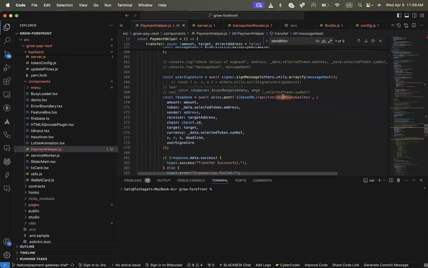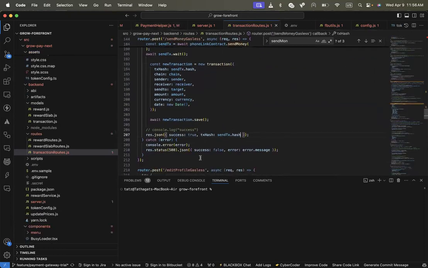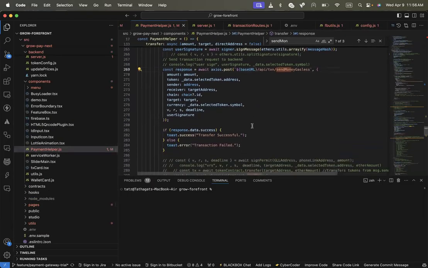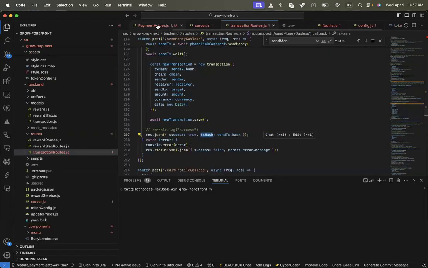We send this response, we send this axios.post, and in the response, what did we get? We got this as a response. So we got a JSON output, right? Success and transaction hash, right? So we got it inside this. And if the data.success is okay, if we get a success message,